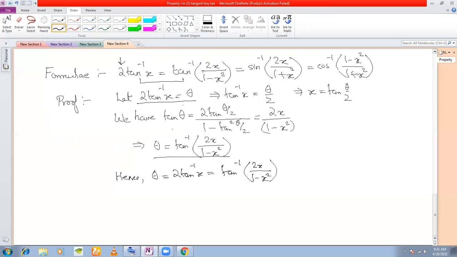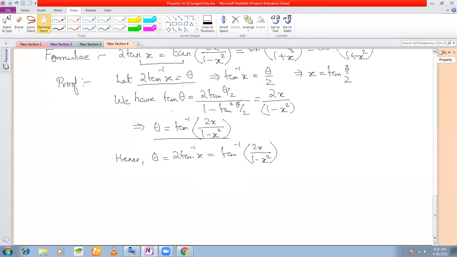Now I move on to the second part, where I have to convert this tan inverse to a sine inverse, right? So again, we start with 2 tan inverse x is equal to theta. So, as above, x is equal to tan theta by 2. Now see that here we have to convert tan inverse to a sine inverse. Do you remember any multiple angle formula that relates tan and sine?